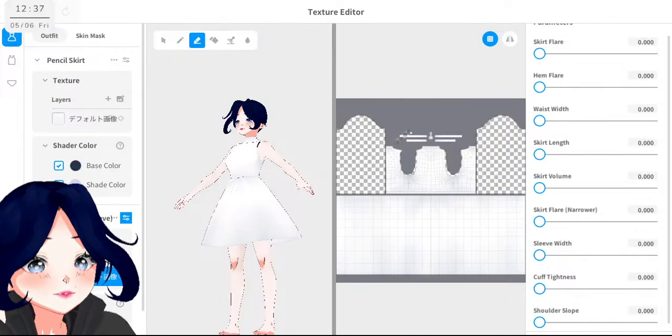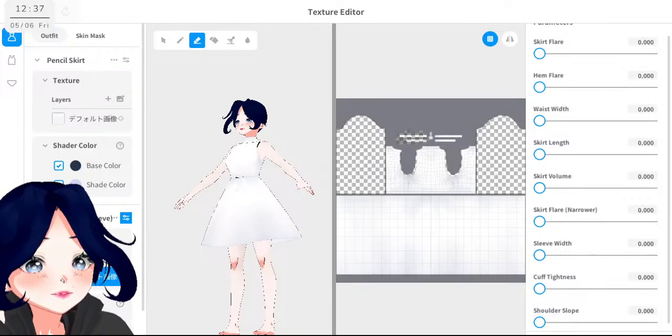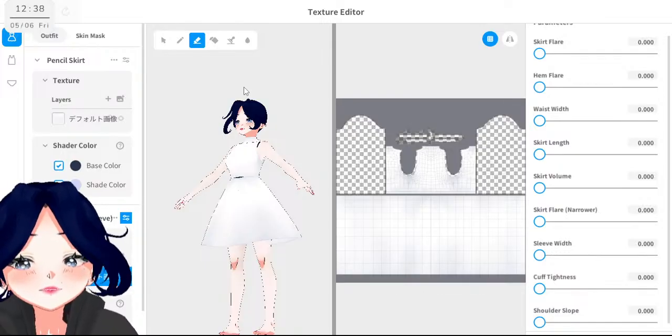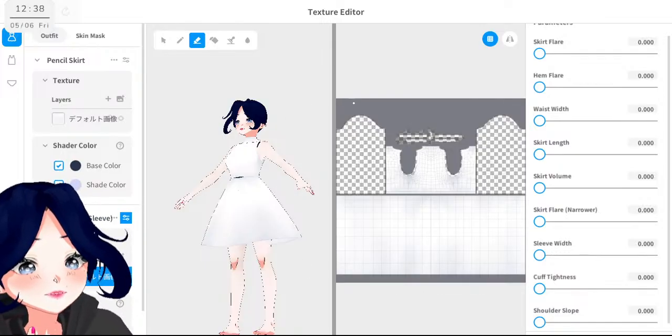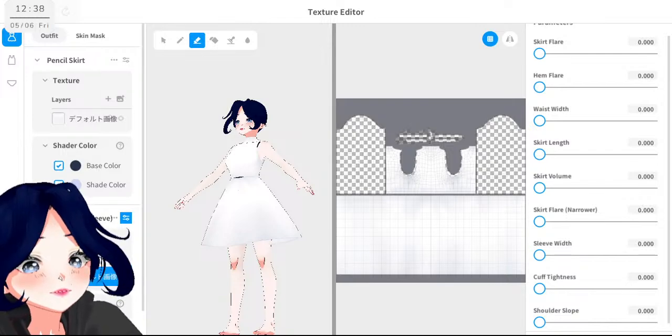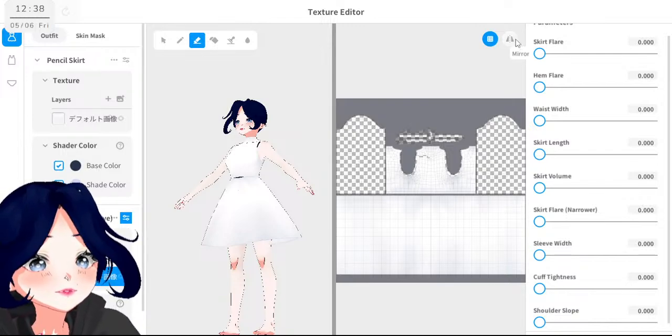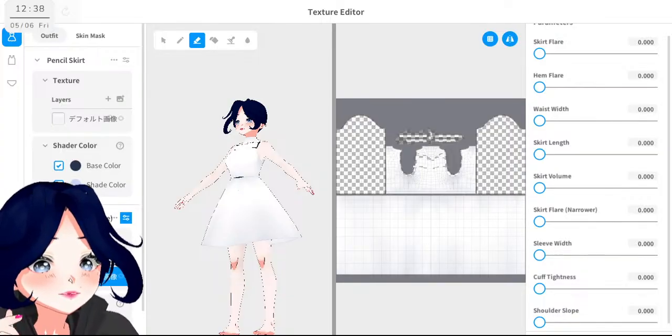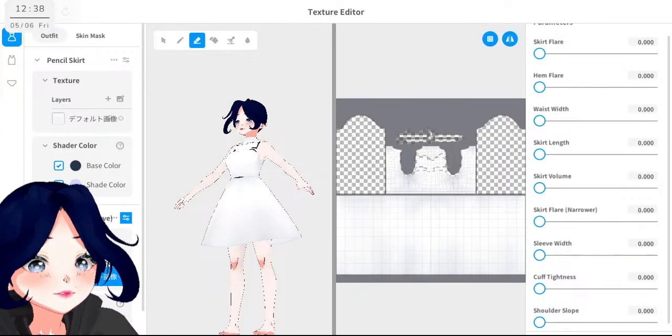Okay. First we need to erase all of this. Something I don't know how to do so it looks proper. How is it called, the frills on top of the dress. Okay, this one should be around here.